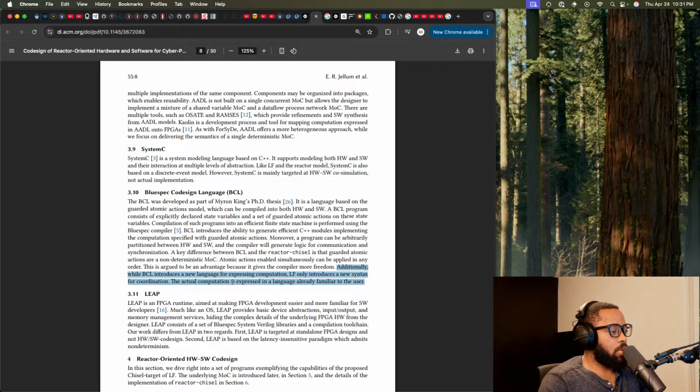Something about how Lingua Franca, the fact that it's not a completely new language, it's actually just a coordination around existing languages, is a big selling point.